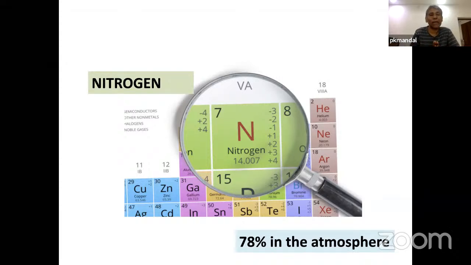That nitrogen has to be brought inside the body as an organic material, and that process is called assimilation. Like photosynthesis is called carbon assimilation, similarly nitrogen has to be assimilated. Unfortunately, as we cannot do carbon assimilation, we cannot do nitrogen assimilation also. We have to depend on microbes. In some cases we call it a plant, but it is not done by the plant, it is done by the microbes. So next